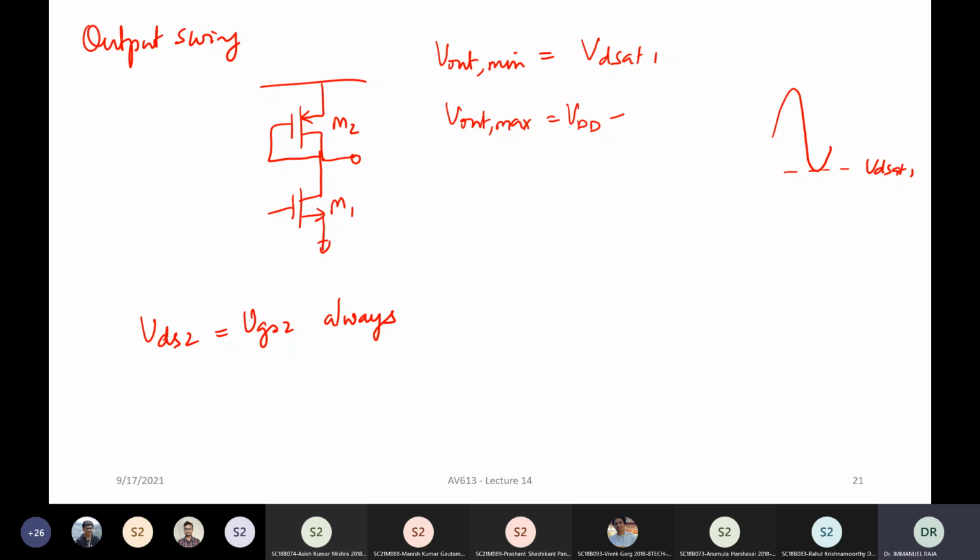Only then you will have current flow. Otherwise, you will not have any current flow. The whole thing collapses. So if you assume a perfect, clear break at threshold voltage, you would say that VDD minus VTH is your Vout max. In practice, it will be somewhere around that point because we have a significant amount of subthreshold conduction, especially in deep submicron processes. And so it is very difficult to estimate exactly up to where it can go.